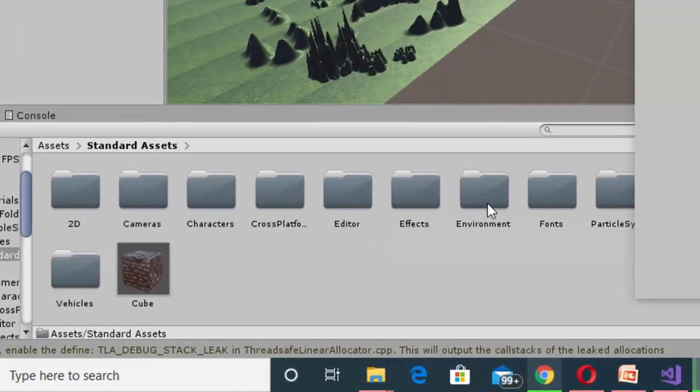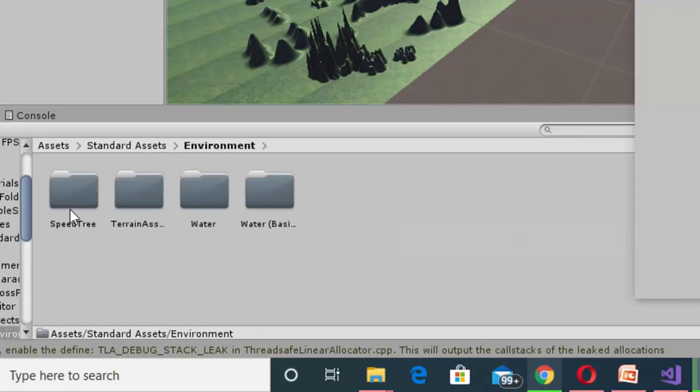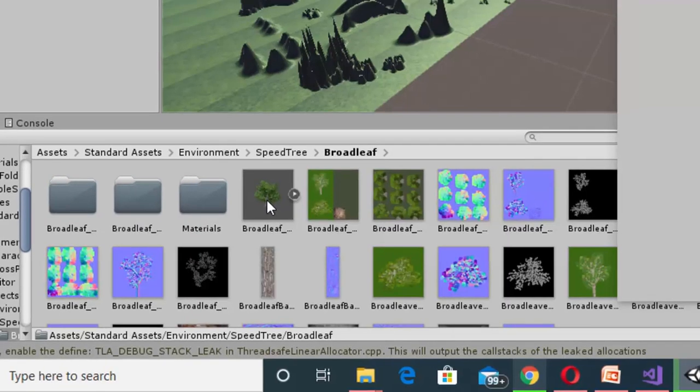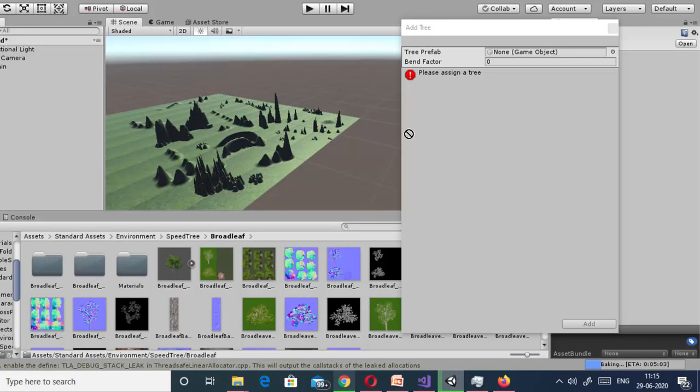Here we can see in Environment, the SpeedTree Broadleaf tree is already downloaded by me, and I will drag it here. Now you can add it from here.